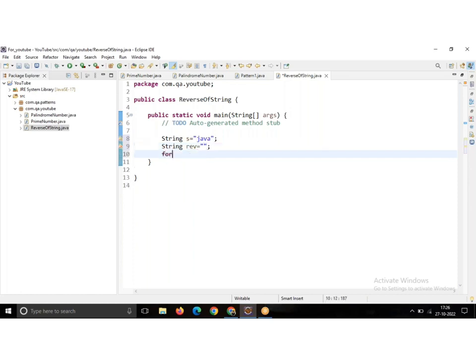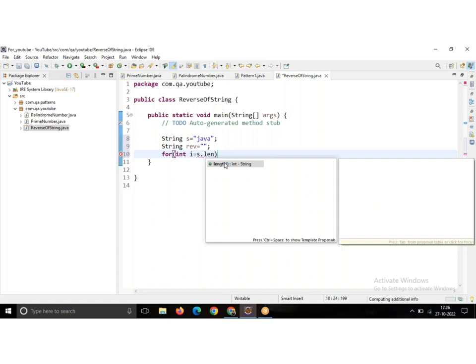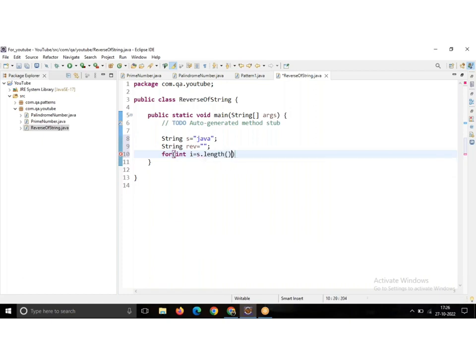Now here I am going to the for loop: for int I equal to s dot length, here length is the method, minus 1, and then I greater than or equal to 0, and then I plus plus.